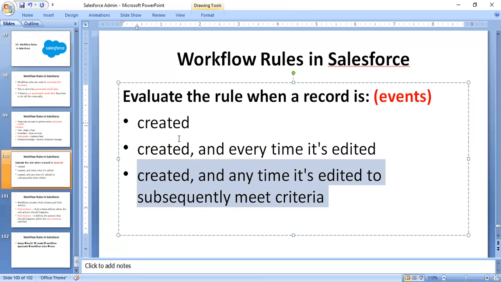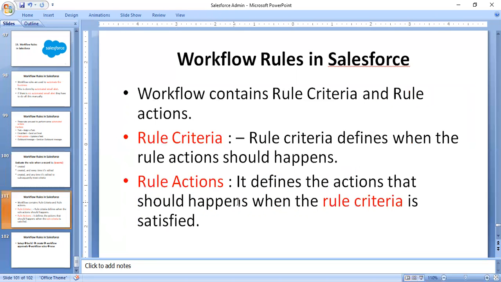That is the thing about workflows. Workflows contain rules, criteria, and rule actions. The rule criteria defines when the action should happen, and it defines the action that should happen when the rule criteria is satisfied.